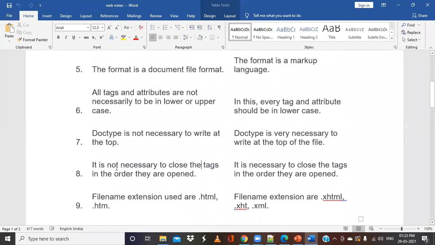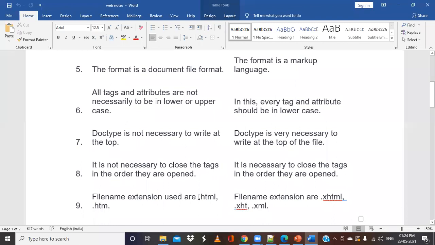In HTML it is not necessary to close the tags in the order they are opened, but in case of XHTML, it is necessary to close the tags in the order they are opened. The file extension for HTML will be .html and .htm, but the file extension for XHTML will be .xhtml, .xht or .xml.